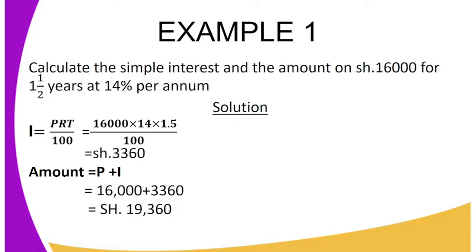To calculate the interest, we've said interest is equal to principal times rate times time over 100. So it will become 16,000 times 14 times 1.5 over 100. Our answer is 3,360. So you have to remember the formula of interest. It is very important. So our amount becomes principal plus interest. Our principal is 16,000 plus our interest, and our answer becomes